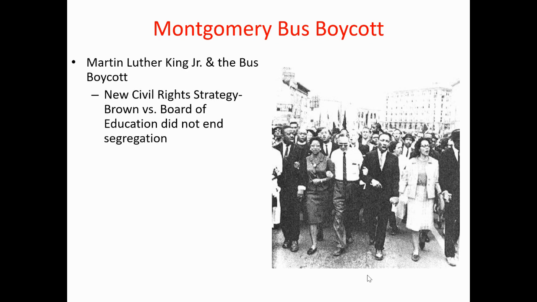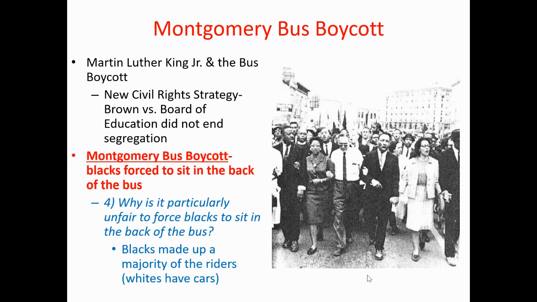Now, one of the first major events of the civil rights movement is the Montgomery Bus Boycott. This is the famous one that makes Martin Luther King civil rights leader, right? So keep this in mind. As I said, Brown versus Board of Education overturned Plessy versus Ferguson. It said that facilities can no longer be separate but equal. Now, it only related to schools. And keep in mind that Brown versus Board of Education did not end segregation. It still exists. And what's happening is blacks are being forced to sit in the